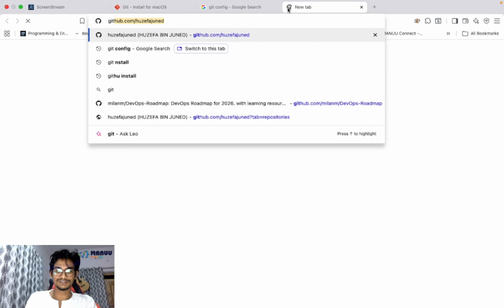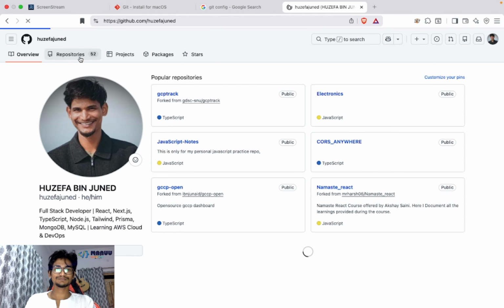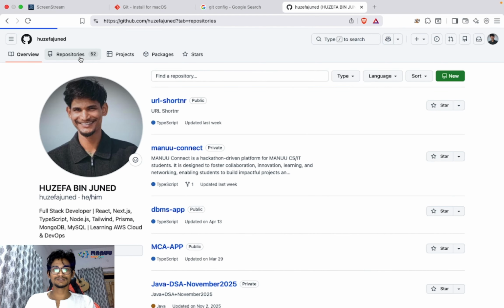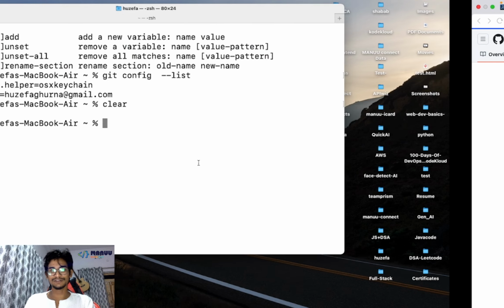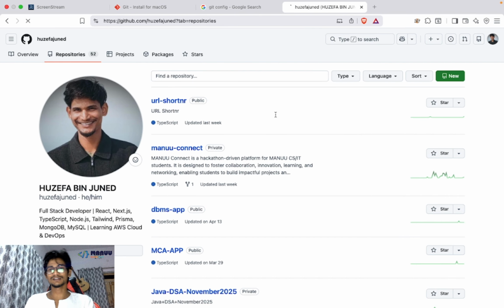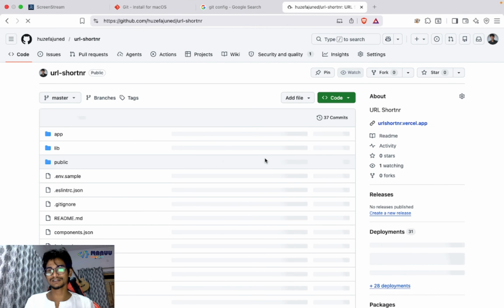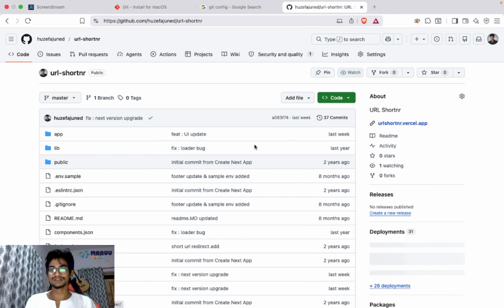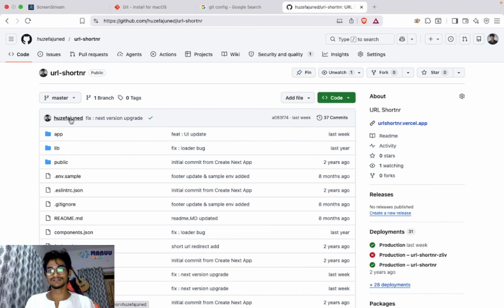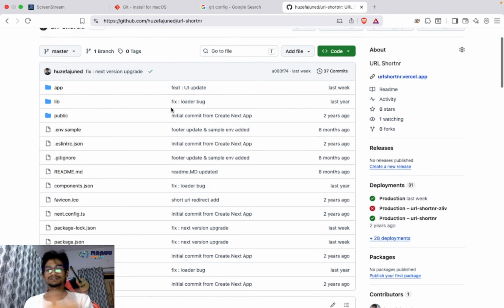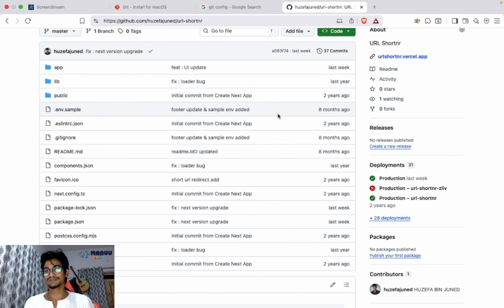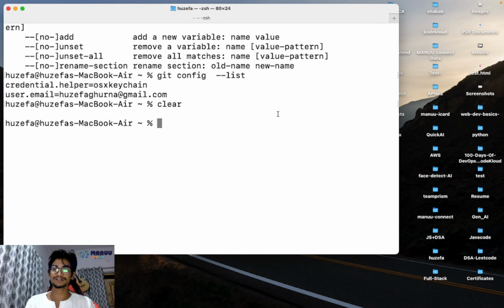If you want to see, I'm going to show you my account. Let's suppose this is my project, and whatever name you configure here, you'll see the name on each commit. There's a new word called commits, right? So you'll see your name here, showing who committed this. So let's see Huzaifa here. The name is this, like, okay, I committed this last week, whatever it is. Simple. Okay, sounds good.